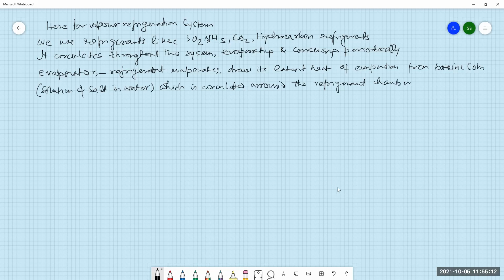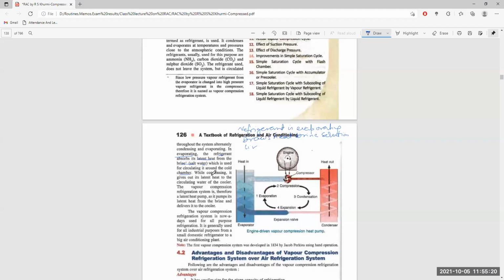Now, what is going on? Next, this refrigerant absorbs heat from it, and while condensing, gives out its heat to the circulating water in the cooler itself. In the condenser, it condenses there and leaves out the latent heat to the circulating water of the coolant itself. Now, the vapor refrigeration system is therefore a latent heat pump. It pumps the latent heat from the brine and delivers it to the cooler itself. So what we are doing,